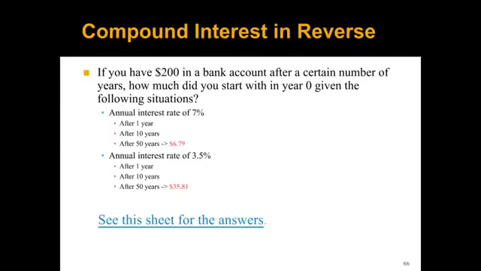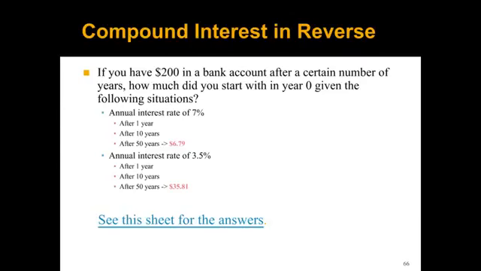If I have an annual interest rate of 7%, and after 1 year I had $200, or after 10 years, or after 50 years, how much would I start with in the account? So again, I'll give you the answers here. If I had a 7% interest rate, I'd only have to put $6.79 into an account today for it to grow to $200 in 50 years. If it was 3.5%, I'd have to put in that same account